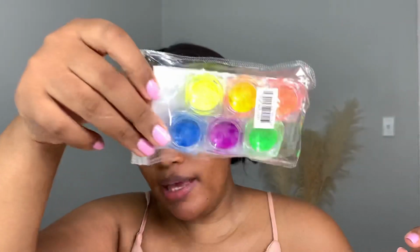Okay, this is the difficult part of the video. I have these pigments that I got from China Mall a while ago. These are loose ones, like a loose powder inside. I don't have the pressed ones. What I'm gonna do is take some on the lid, like on the back like that, and then I'm